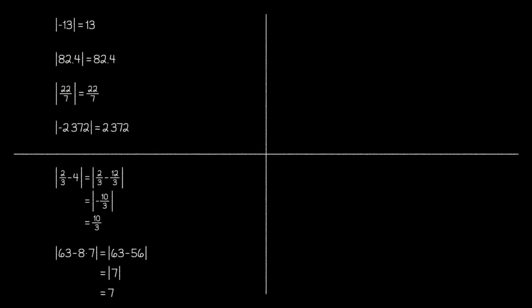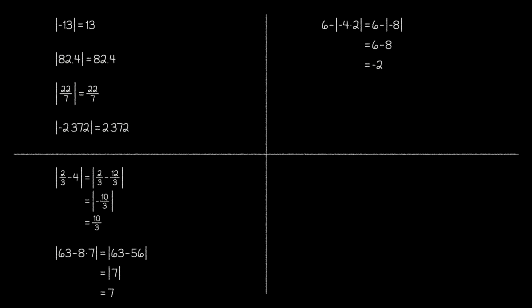Now let's look at a couple problems where some numbers are outside the absolute value bars. In this problem, we start with 6 and then subtract an absolute value expression. And since the absolute value bars act like a set of parentheses, we need to evaluate that portion of the problem first. This gets us the absolute value of negative 8, which is positive 8. And then we do 6 minus 8 to get a final answer of negative 2.